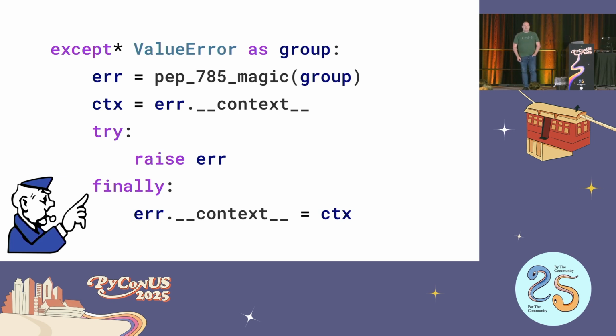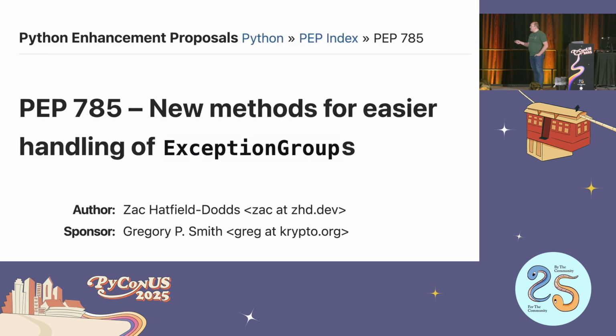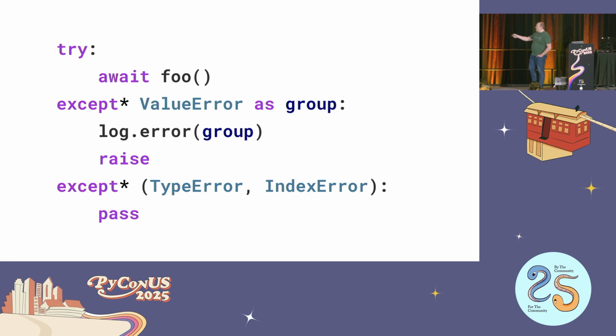Great talk. Thank you. When you use except star, say, value error as a group, that group contains only the matching subset, correct? That's right, plus the sort of branch of exception groups to get to that value error. What happens to the rest of the exceptions? So in the case of except star, each of these blocks will be called exactly once with whatever subset matches. So the subset that doesn't match will continue to be propagated? That's right. If there's a subset that doesn't match any of your handlers, it will continue to propagate. In the same way as if you had except type error and actually had a value error, that would continue propagating. Okay. Awesome. Thank you.